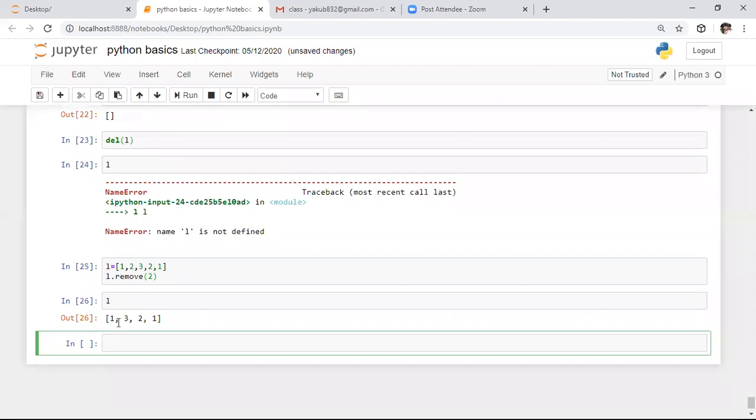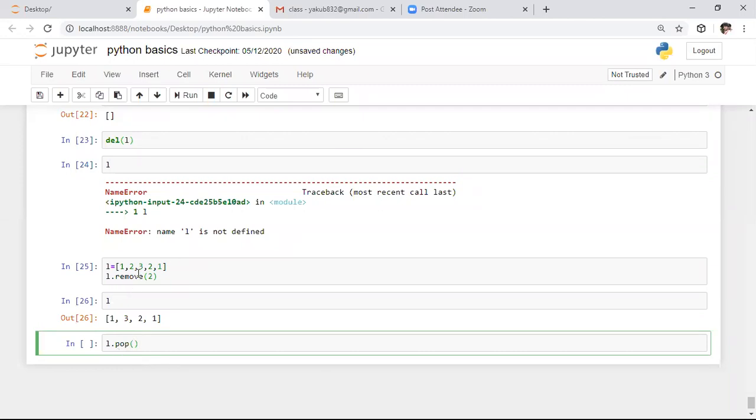Whenever the specified value occurs, it removes that value and returns the remaining list as an output. Now I want to remove the 2 which is present at this location. For that purpose, we need to use the pop function, using the index. So if you have duplicate values in any data structure and want to remove the value present at a specific location, we need to use this pop function.